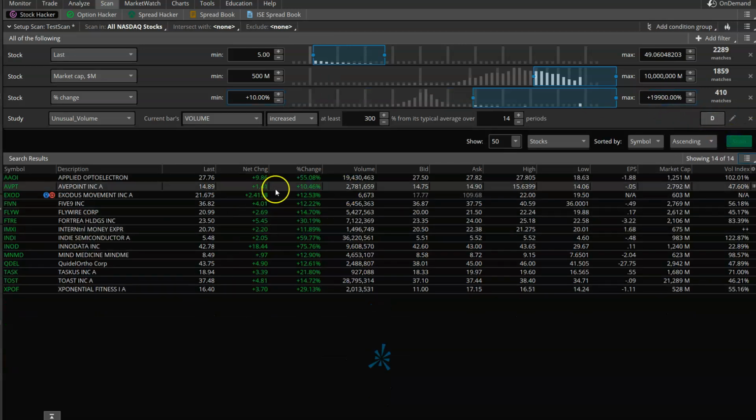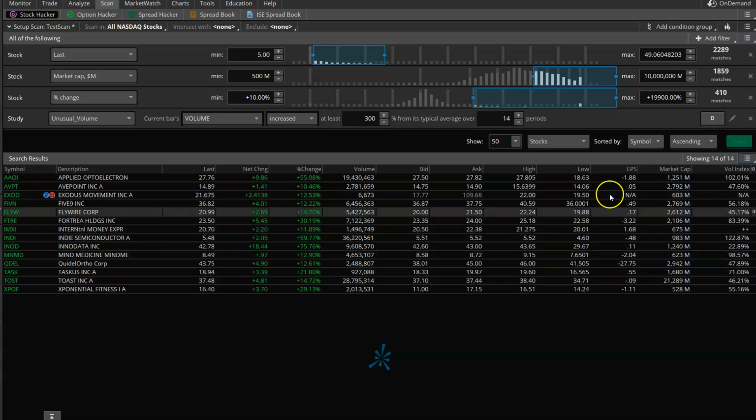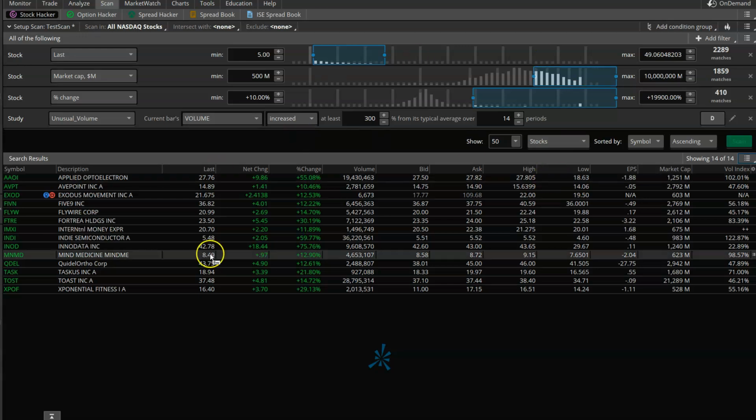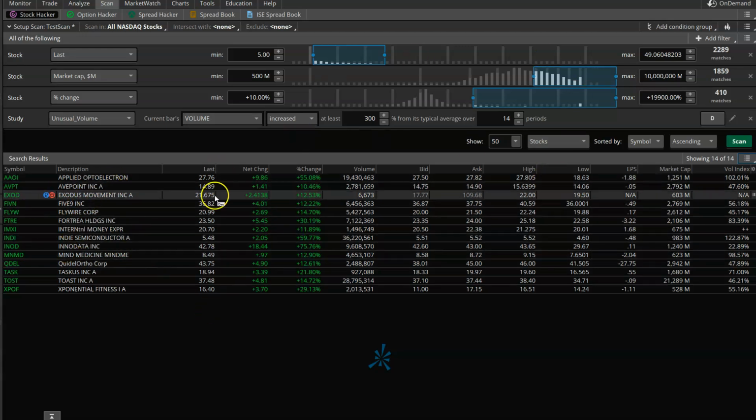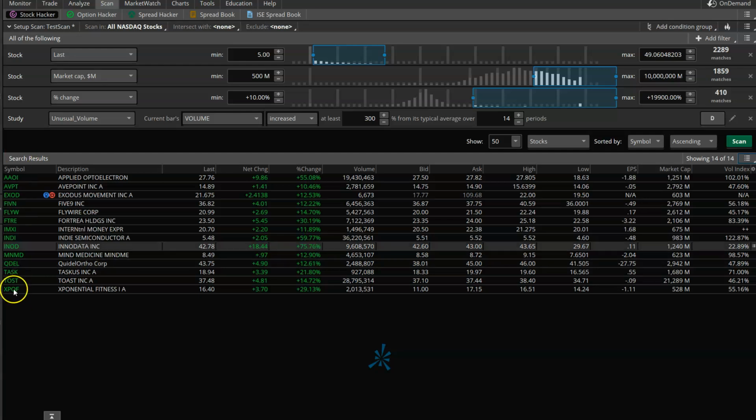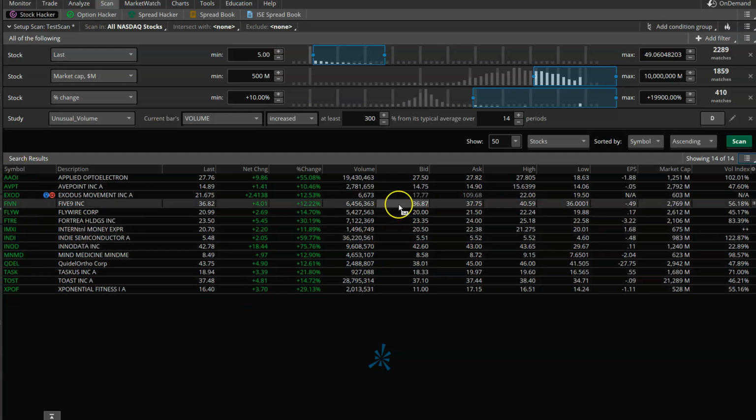Let's scan again. Okay, so now we're getting somewhere. So all these 14 stocks from all the Nasdaq stock universe we have selected, and when you look at the list, you will know some of these stocks because they are in the news or something, and their volume has recently gone up, and they are at least $5, maximum $50. Let's increase this to be like $100. Okay, let's make it 100. Okay, and market cap is at least 500 million, and max could be anything, and stock percentage change at least